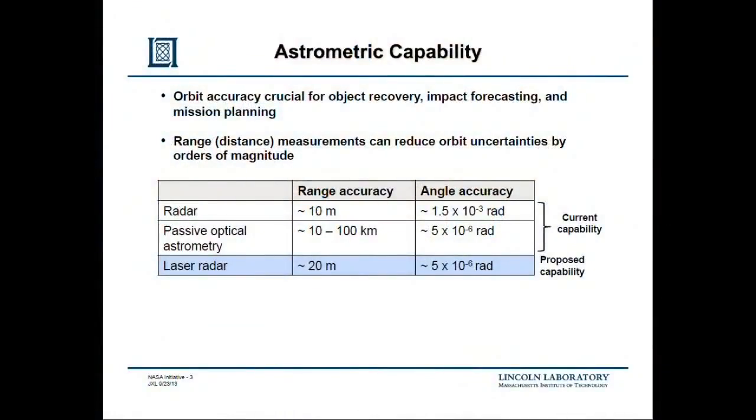If we can go back to Jane. Jane, can you hear us now? Yes, I can. Can you hear me? Yes, I can hear you. Sorry about the technical difficulties, if we could try your presentation again, and we'll begin when you are ready. Okay, go ahead, Jane. So I'm on slide number 3, which says astrometric capability. Yeah, we're with you. So range measurement, before I was talking about how large orbit uncertainties mean that we most likely will...